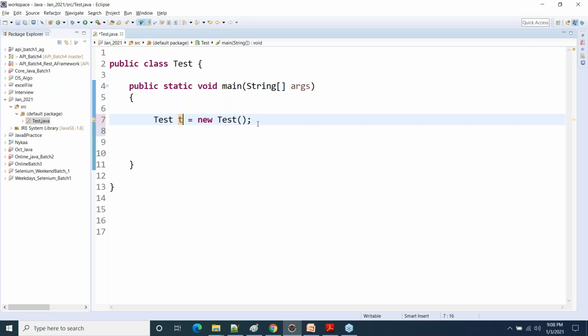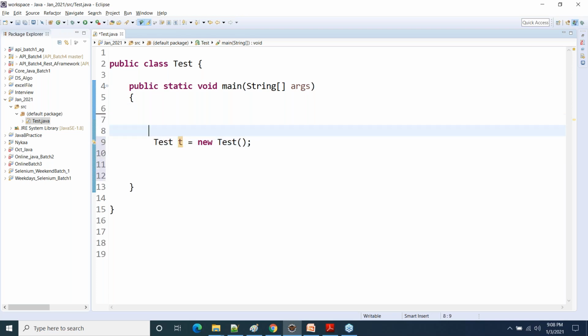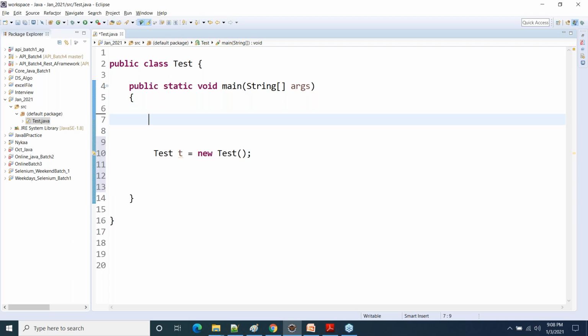Now understand it very carefully. In Java, where do we store values? Variables. How do we store values in variables? It is very simple.